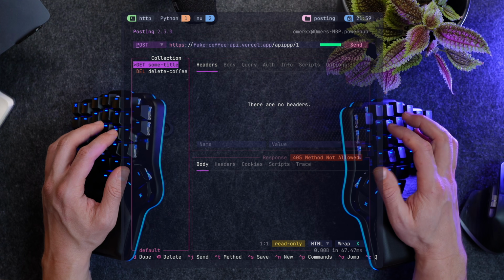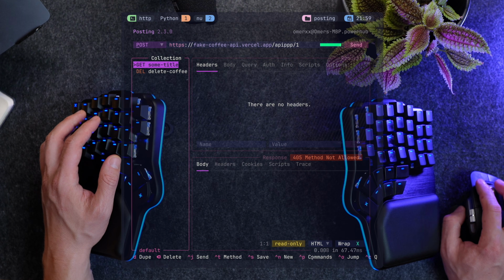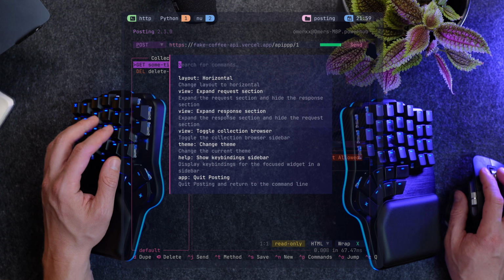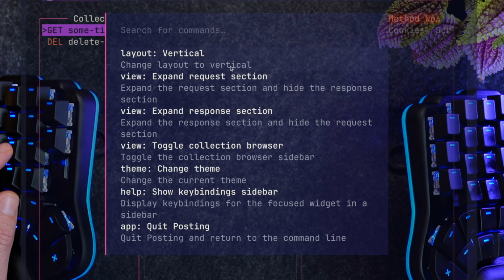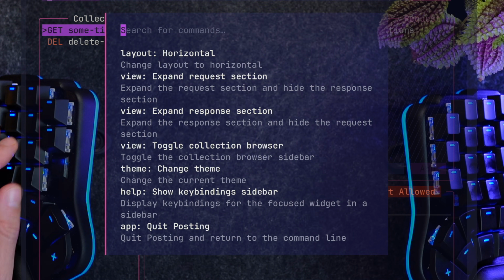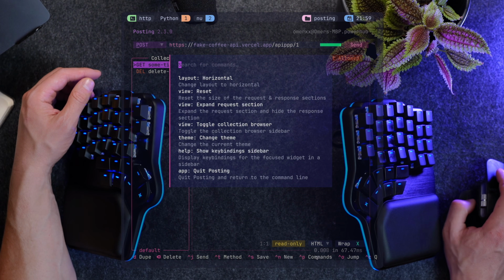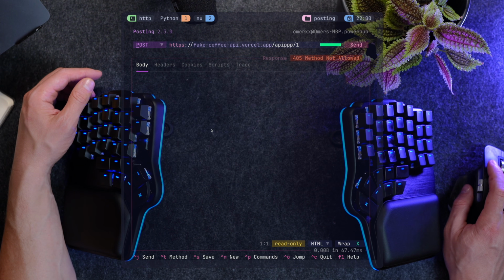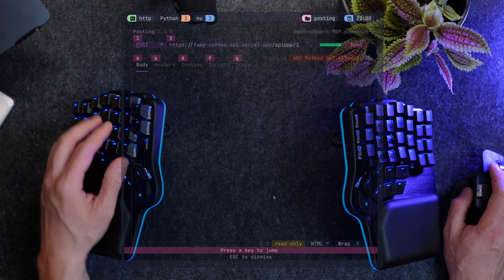There's a command palette that unfortunately I can't use because of conflicting hotkeys with my terminal setup, but Ctrl-P will pop the palette through which a fuzzy search exposes every possible option, from changing the layout through toggling the collection browser and so on. Panes can be zoomed into or maximized to take all of the screen real estate. Again, pretty familiar for you LazyGit and other TUI application users.